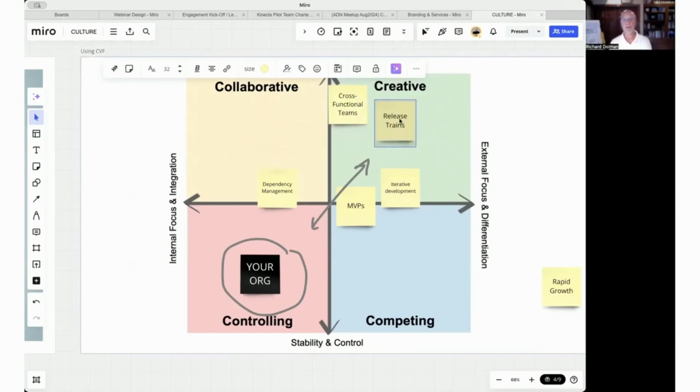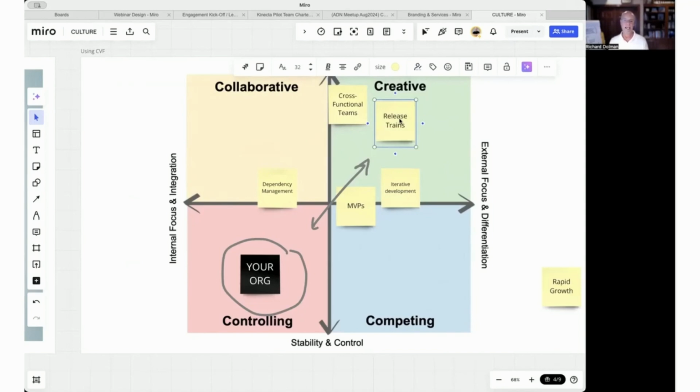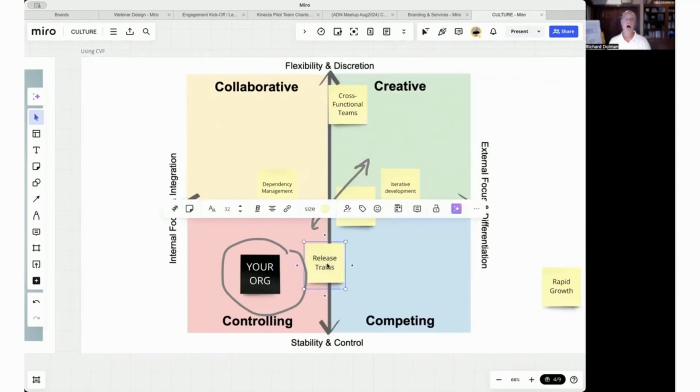There's also an element of creative in there, because sometimes it's more art than science, trying to figure out what does your value stream really look like and how are you going to design that release train so that you can meet the objectives of the value stream. But once your release train gets rolling, right, it is really in the sweet spot, I believe, of the controlling culture as well as the competing culture, because we're managing, we're controlling how we release our product. The train is on time, it's got a regular schedule, we can depend on it, and we know that we're managing the release of our products much more consistently.